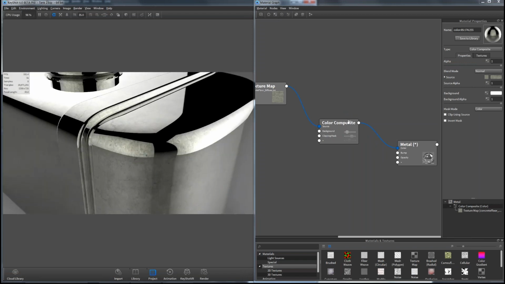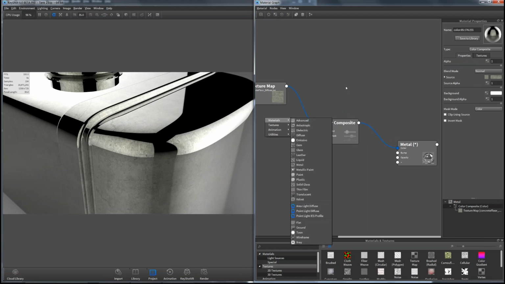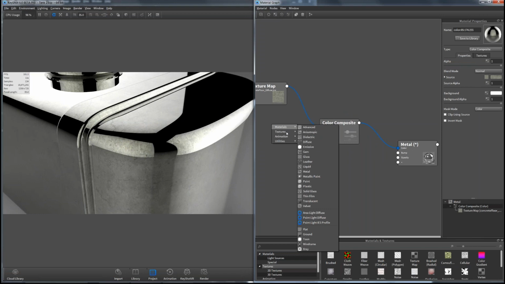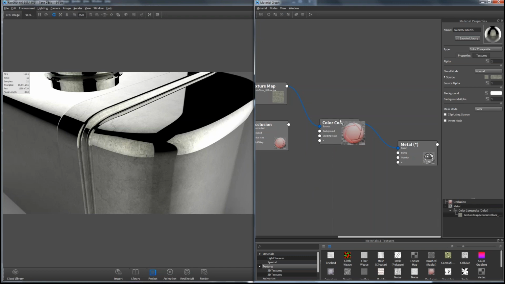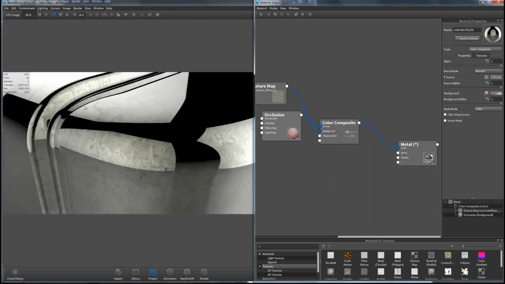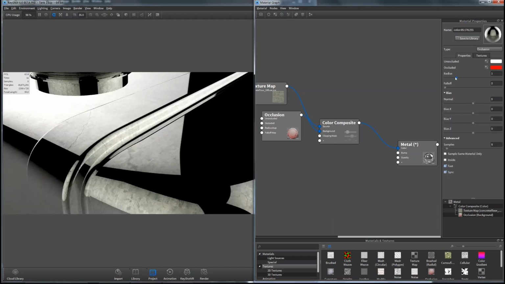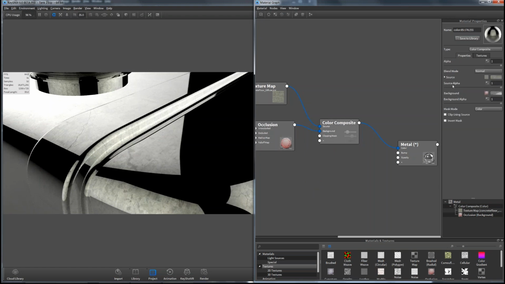So far, this is just a fancier looking way of doing what we've already done, right? But now I can start bringing in multiple textures. So if you've ever wanted to combine textures, we can do that. I'll use one of my procedural textures, that occlusion texture, and I'll also drag this onto my color composite. And then if I look closely here, let's adjust some of these settings. We're not seeing anything yet. Well, if I double click on color composite, you can see that we have blend modes, similar to what you're used to in something like Photoshop. So if I multiply, let's take a look here.